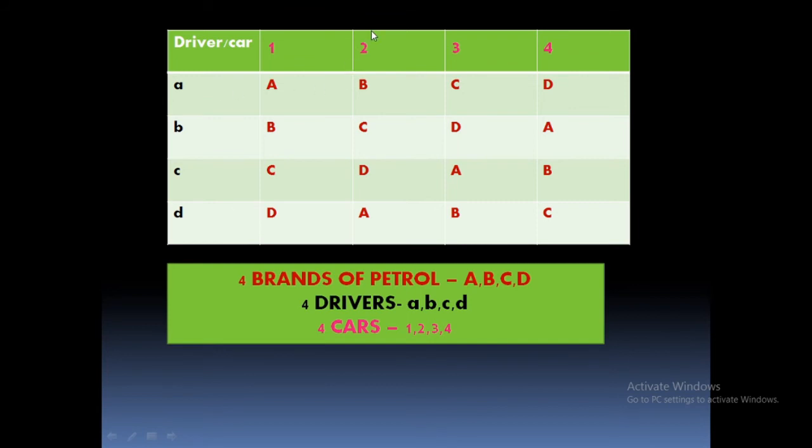Driver A, car 2, 4 kinds of petrol. Likewise. Okay. So arrange the effect of cars on different petrols. Fix the first car, assign 4 drivers and 4 petrols. First car, driver A, 4 petrols. Second car, driver A, 4 petrols. Third car, driver A, 4 petrols. Likewise, it is arranged.